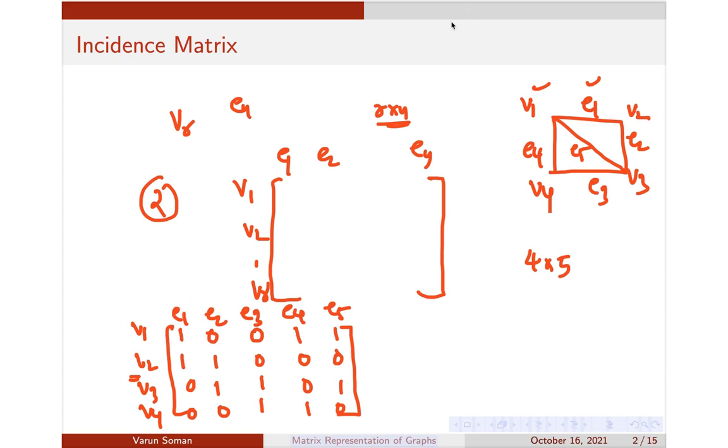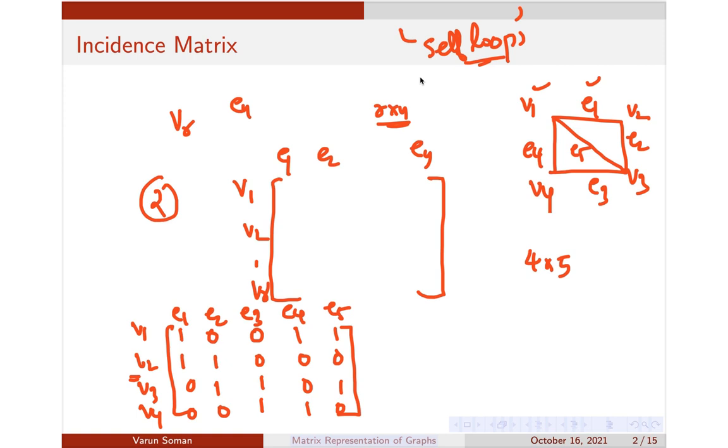Remember, we are going to define this incidence matrix in our textbook only for graphs without self loops. We are taking that liberty here, but other textbooks have also discussed this for self loops. In our textbook, they have discussed it only with respect to graphs without self loops. In other textbooks they generally put a value 2 for self loops, depending upon the textbook notation. So here we are considering those graphs